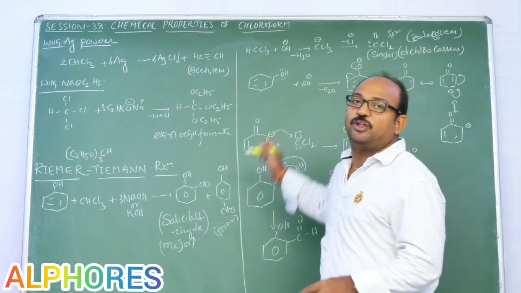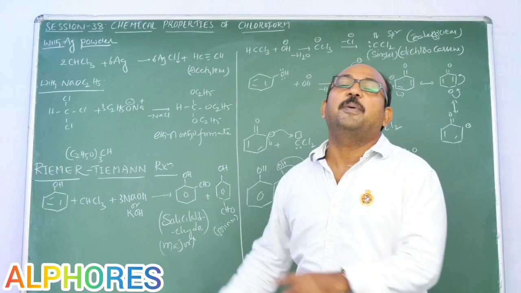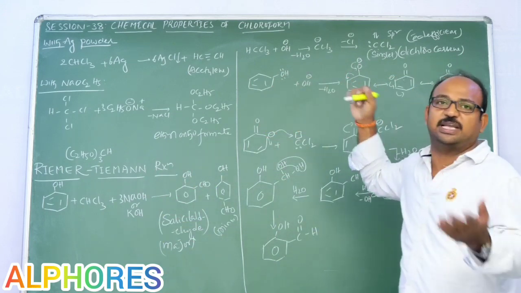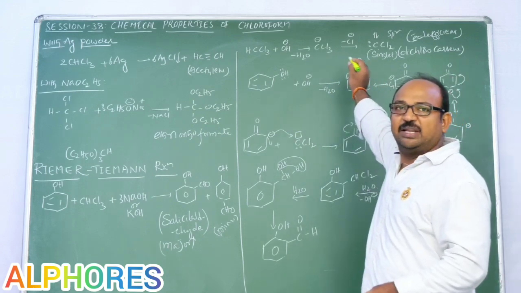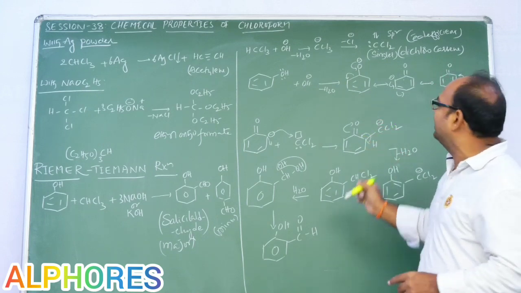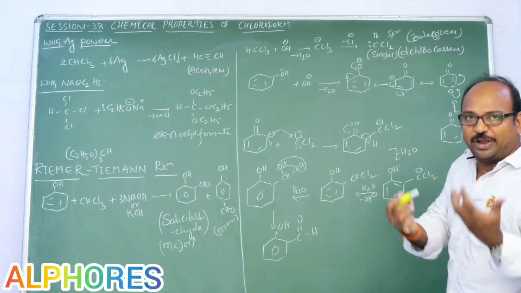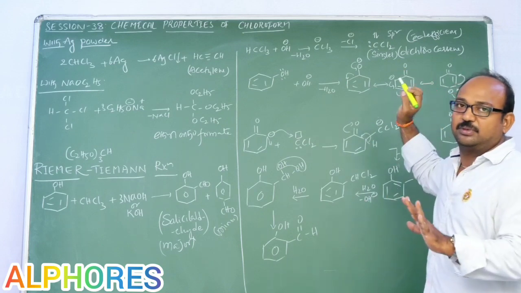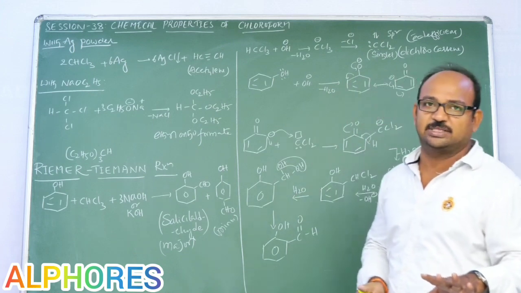Now, phenol has an acidic hydrogen. Upon reaction with base, the base abstracts the proton and gives phenoxide. Phenoxide is more stable because the negative charge is involved in delocalization. During delocalization, the negative charge appears at the ortho and para positions. Now, if any electrophile comes, it can go to either the ortho or para position. What possibility ortho has, the same possibility para also has so far.